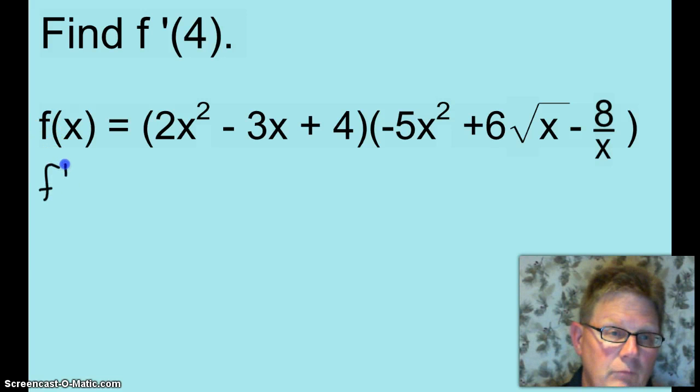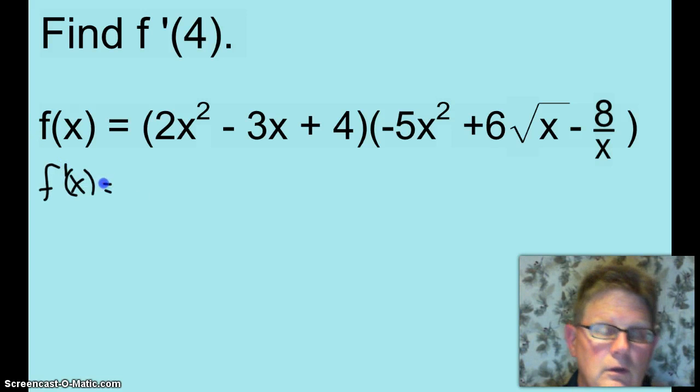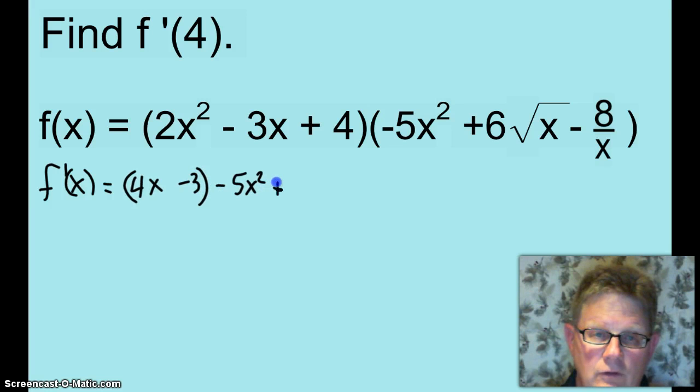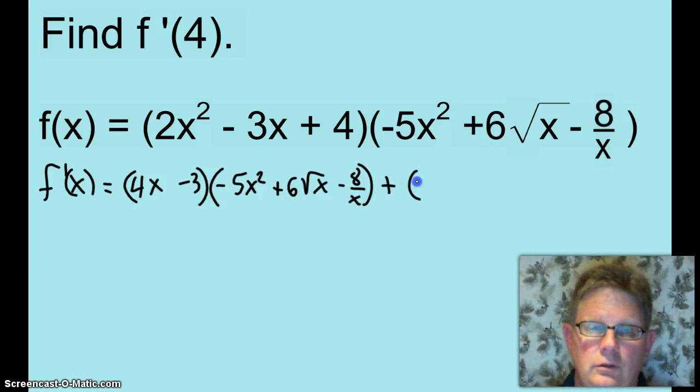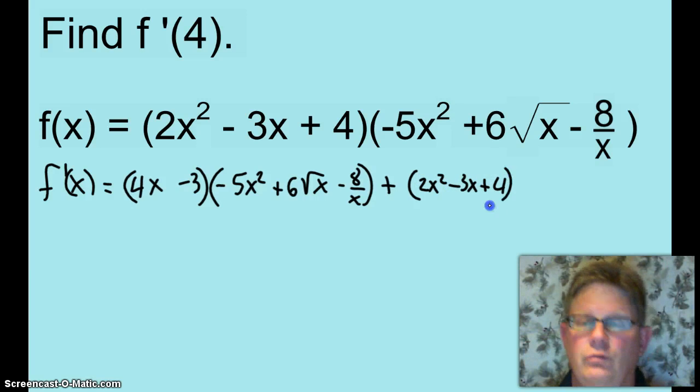Okay. F prime of x equals. Okay, the derivative of the first one, 4x minus 3, times the second one, negative 5x squared plus 6 times root x minus 8 over x, plus the first function, 2x squared minus 3x plus 4, times the derivative of the second function, negative 10x